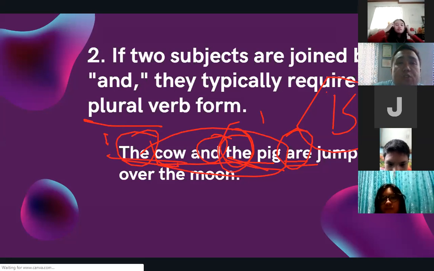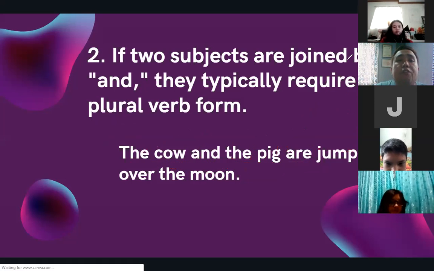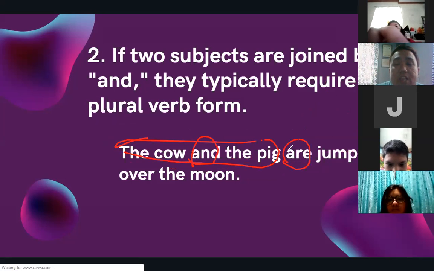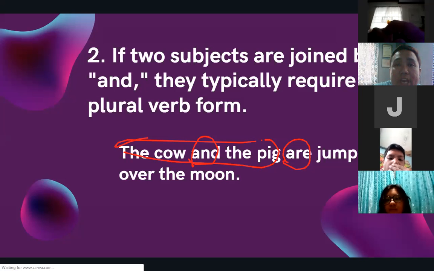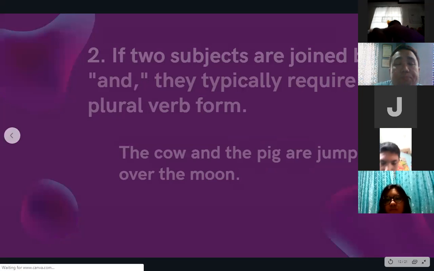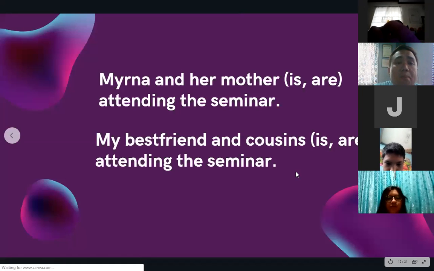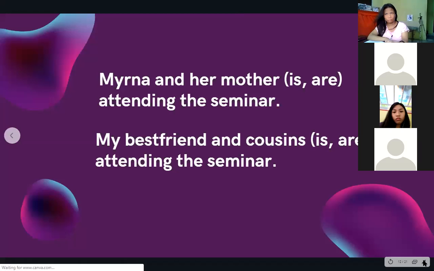And the purpose of today's discussion, what we will only be catering to, is if you have a plural subject with the conjunction "and," then your verb must be in plural form. Okay? That's very easy. Next up, let me show you some examples. I'd like to ask for help to answer this one. Q, would you like to answer number 1?